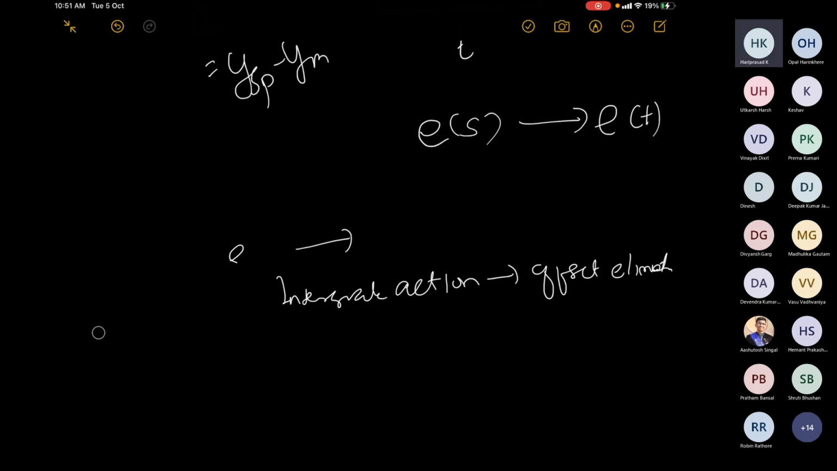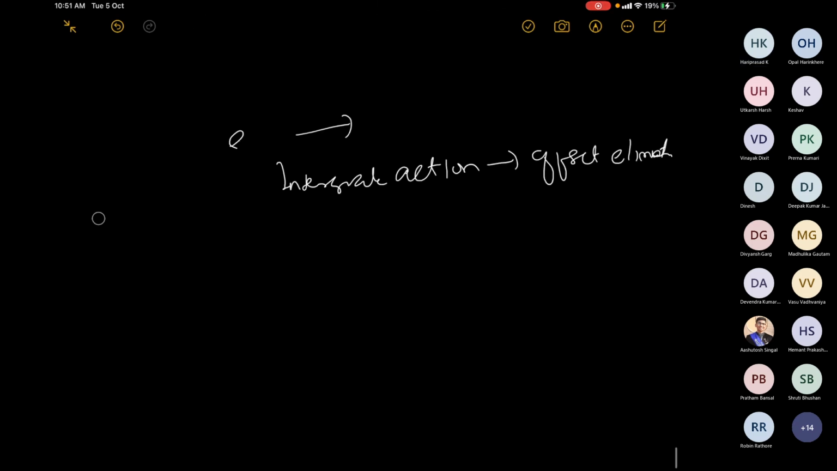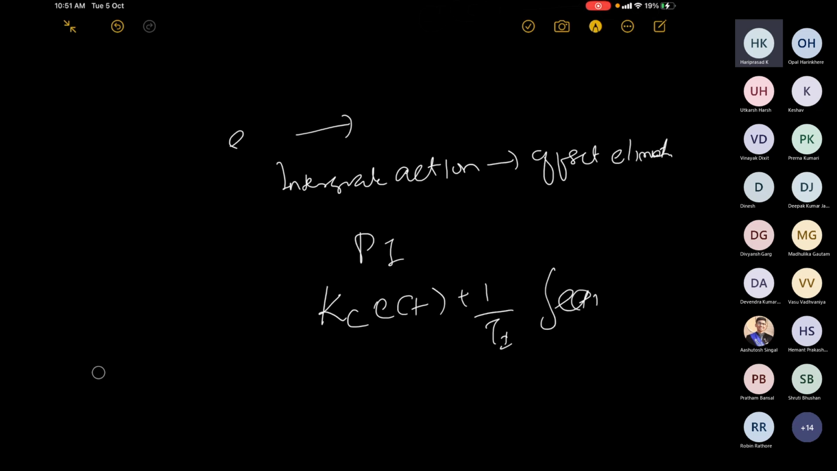From here, what are we going to lose out of that? You also see this Kc times P(t). I am writing now for PI, okay? And 1 by tau I times the integral of P(t). Sometimes, okay, so